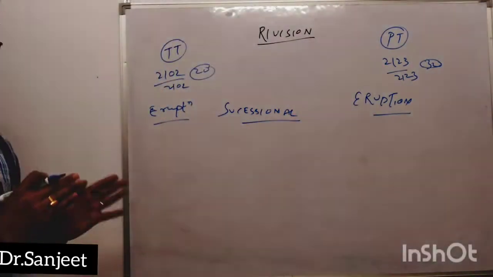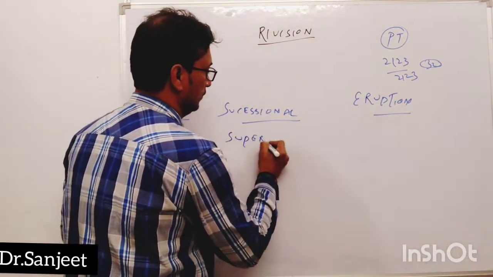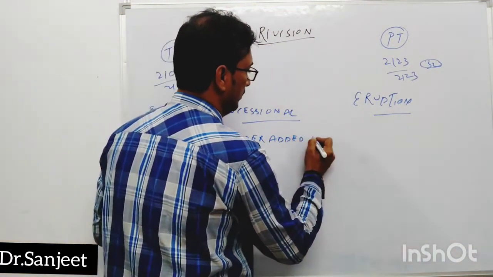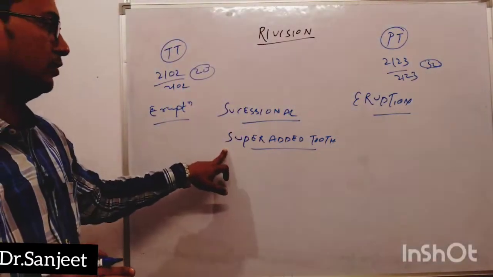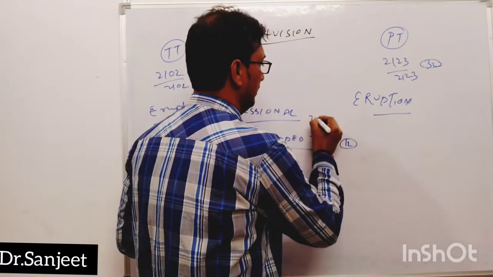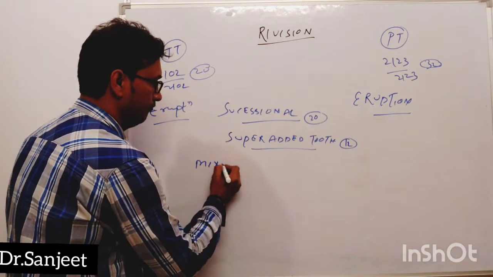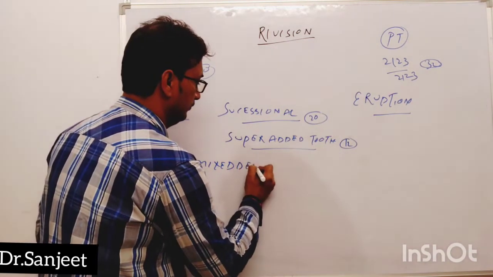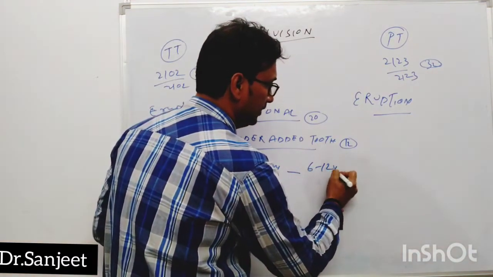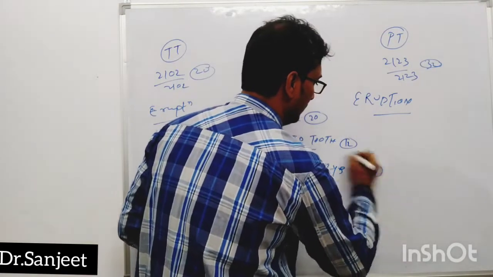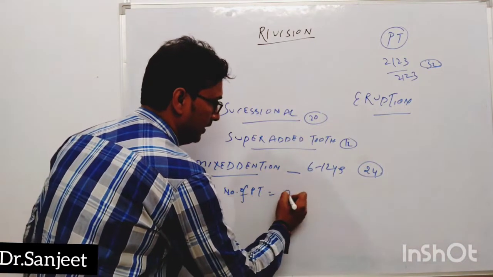Then we studied the successional tooth. The temporary tooth is replaced by the permanent tooth. Then the superadded tooth: the permanent tooth comes at a new site. This is called the superadded tooth. This is 12 in number, this is 20 in number. Then mixed dentition, 6 to 12 years, 24 in number. And the formula for the number of permanent teeth is